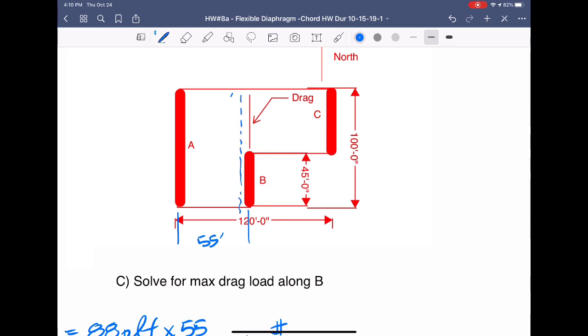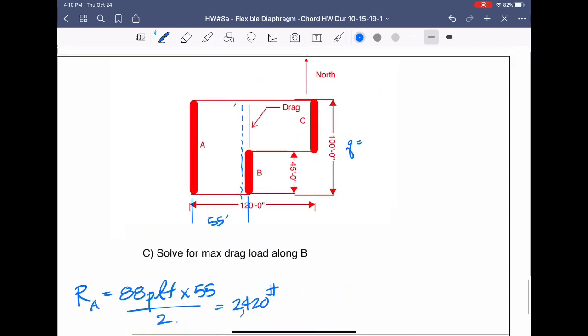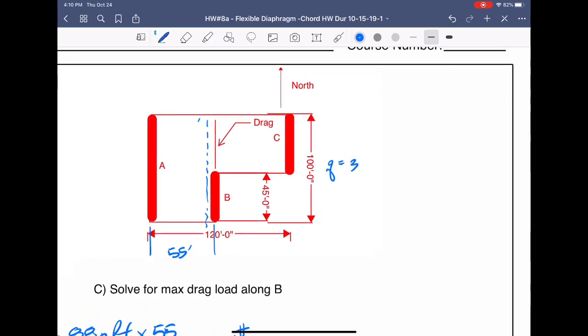So shear per linear foot, let's put Q, is going to be 3,996 pounds divided by the entire length, which is 100, which is super sweet because that comes out to be 399.6 pounds